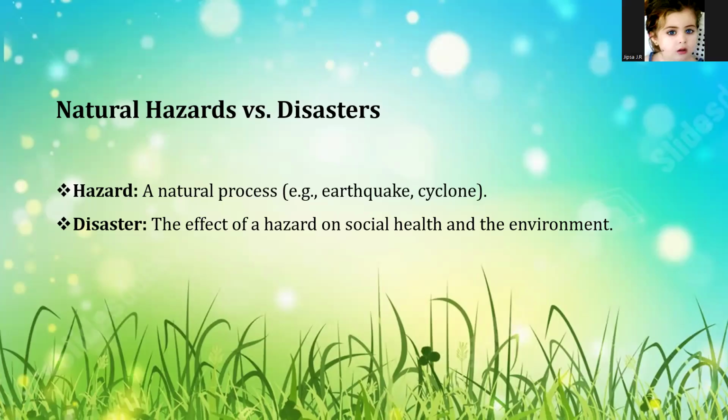What is hazard? It is a natural phenomenon that has the potential to cause harm. It is a process of earth that occurs regardless of whether humans are there to witness it or not. The main characteristic is it is the threat or the physical event itself. Example, a tectonic plate shifting, that means earthquake, a tropical depression forming, that is cyclone, or magma rising in a volcano.